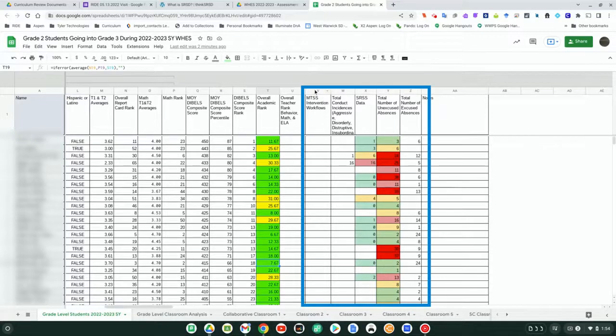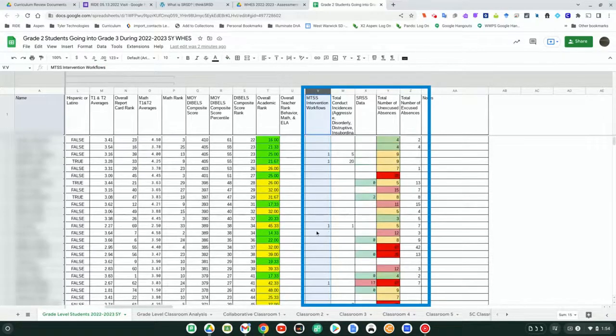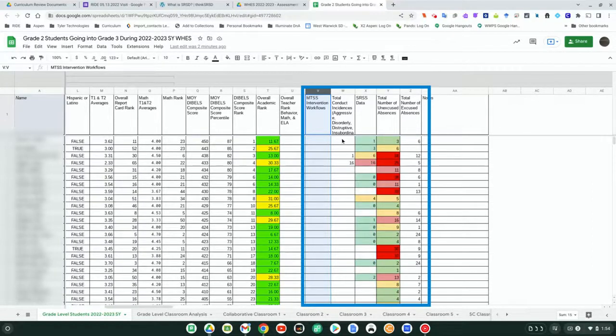So you'll actually be able to see how many times students have been in the MTSS program or in the MTSS workflow. Also the total number of conduct incidences, SRSS information, and then columns Y and Z have information regarding